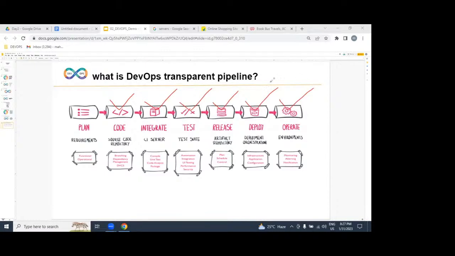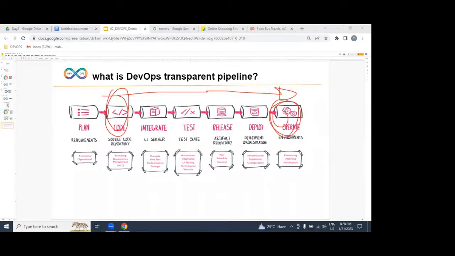But to be frank, we are not a part of planning. We are not doing any planning. The BA, business analyst, is responsible for planning. And moreover, we are part of the dev environment, but we are not writing any lines of code using any programming, Java or .NET. We are not writing any test cases like Selenium or automation test cases. Sir, what exactly are we going to be doing? We are going to be implementing an automated, transparent pipeline from dev environment to production environment. This is exactly our priority, our goal.